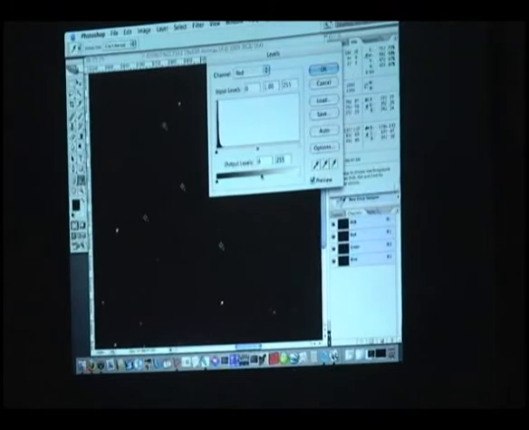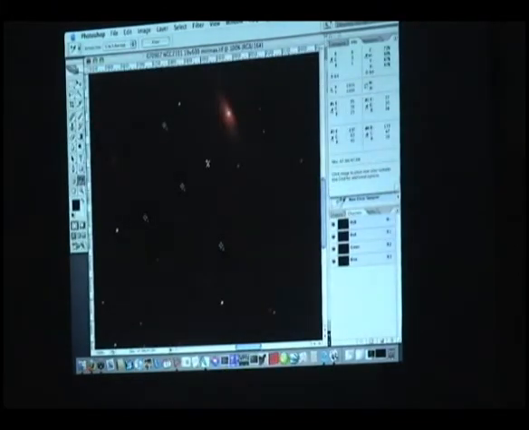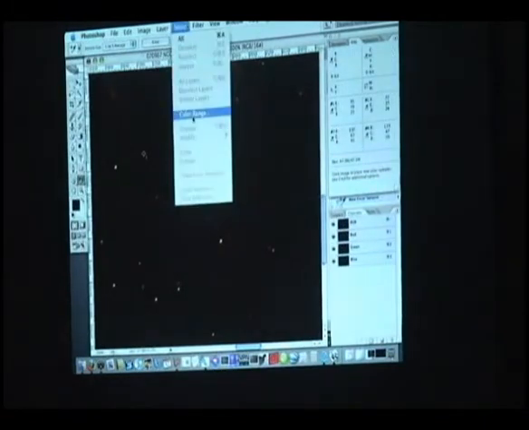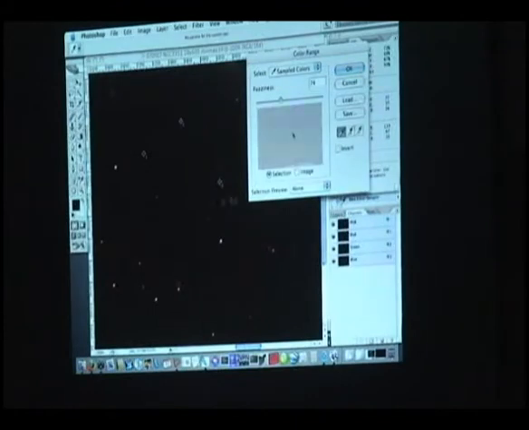because they're saturated. So the way to fix that is, before you color correct them, we're going to deselect the white star cores. So let's find a couple of those. You can see there's a couple of saturated stars here. I'm going to select by color range, and I'm now going to select the white core of one of the